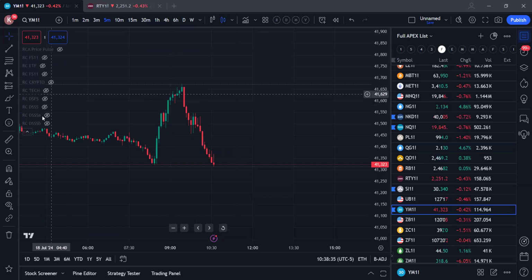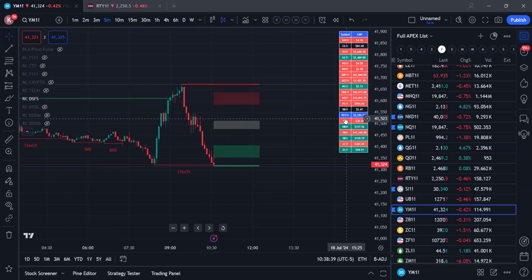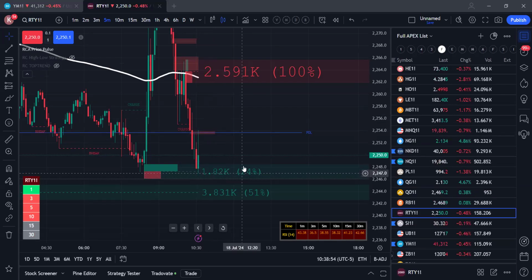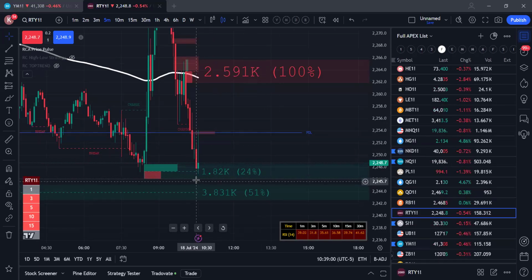Where your scanner gave an indication which tickers can go up, RTY can go up, YM can go up, like that. It gave us an indication. Then you came here, you saw at what price it can go up, and we kept our buy orders. And if price comes and touches that, because there are a lot of buy orders sitting there, right? A lot of limit orders. If there are thousands of limit orders sitting there, if price touches that, immediately, because there is so much demand, price will immediately bounce,